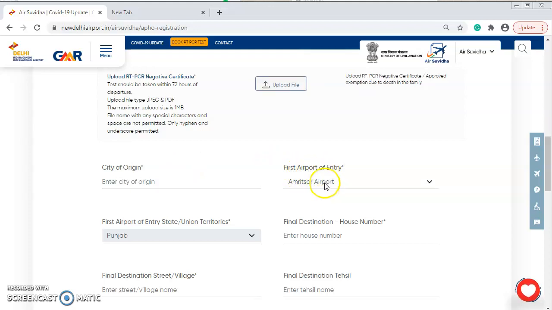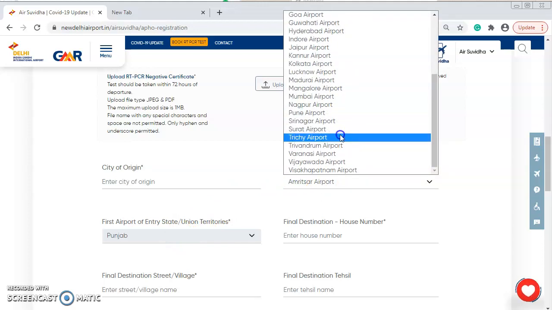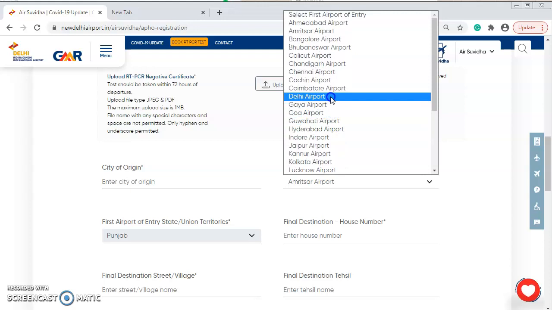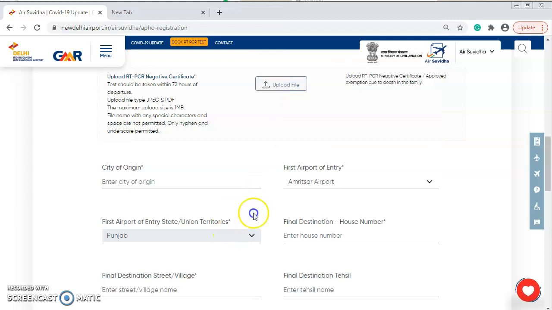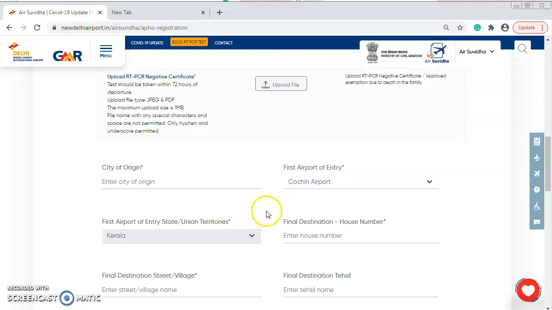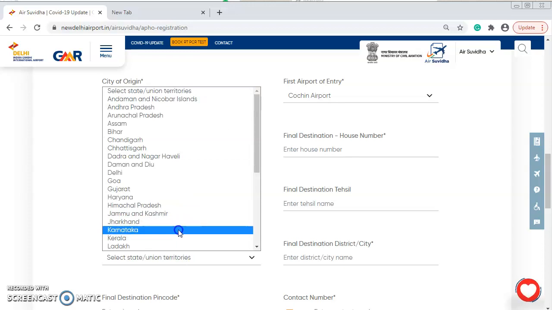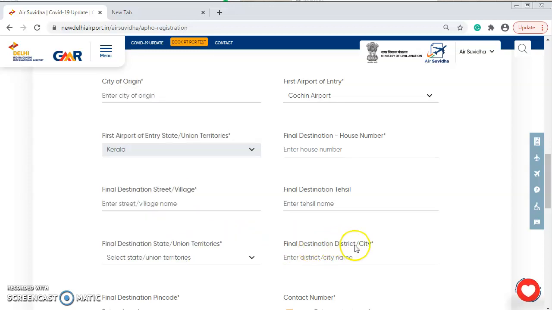First airport of entry. Okay, for example, if it's Delhi, you select Delhi, or if it's Cochin, go to Cochin. Here, this one will be adjusted automatically in case you select a different airport. Okay, then final destination. This is mandatory: house number, final destination street village, and then we go here, final destination state union territories. You select your state, final destination district city,